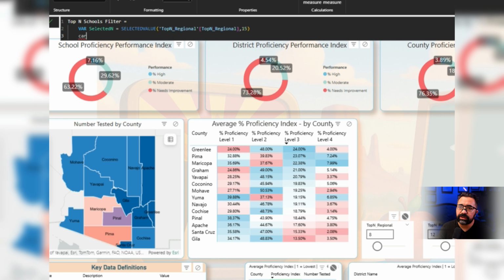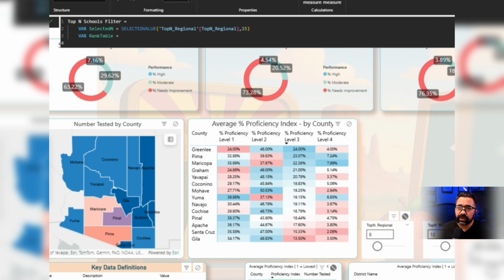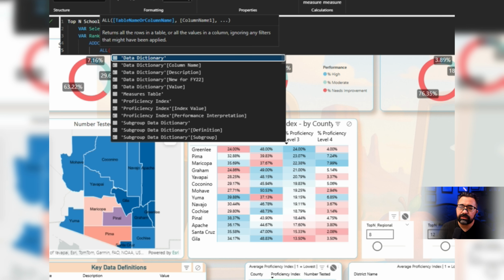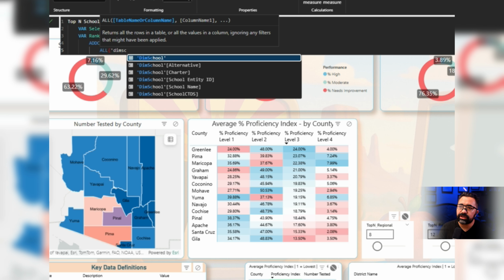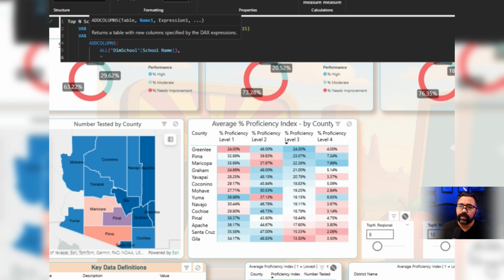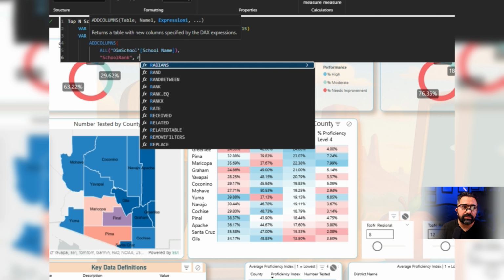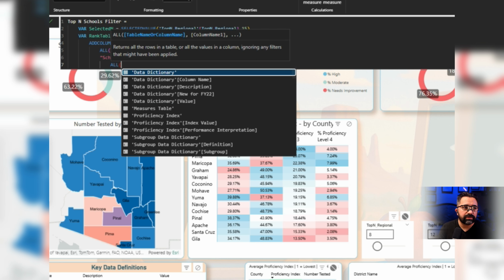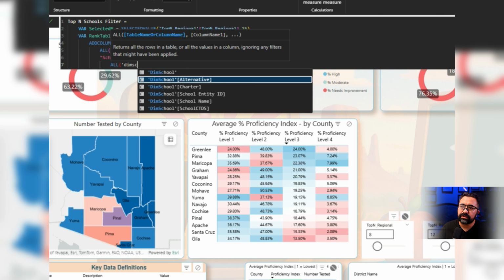And then create the next variable. So put in VAR RankTable equals, new line, tab, ADDCOLUMNS, new line, ALL from DimSchool[SchoolName], close parentheses, comma, new line, put in the name, SchoolRank, comma, RANKX, new line, ALL, it'll be DimSchool[SchoolName],